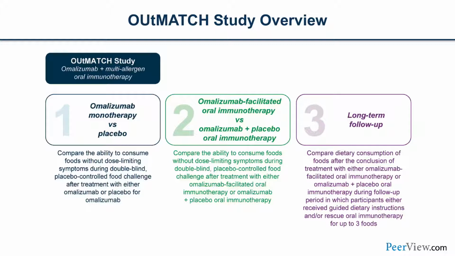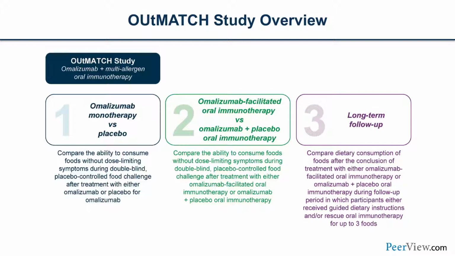So on the next slide, I think it'll be a little bit easier to see what this study is actually doing. It's divided into 3 stages. The first of those is a very straightforward active to placebo comparison of Omalizumab as monotherapy to placebo. This will lead to the primary endpoint of the study that will really say, is this medication effective at significantly increasing the threshold of reactivity to peanut and other foods? And every patient in this study has to be allergic to peanut and have significant allergies to at least 2